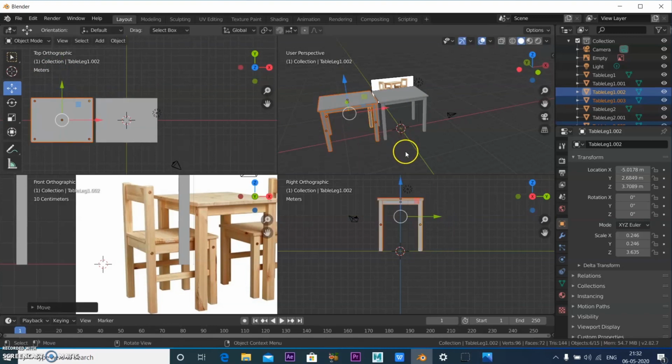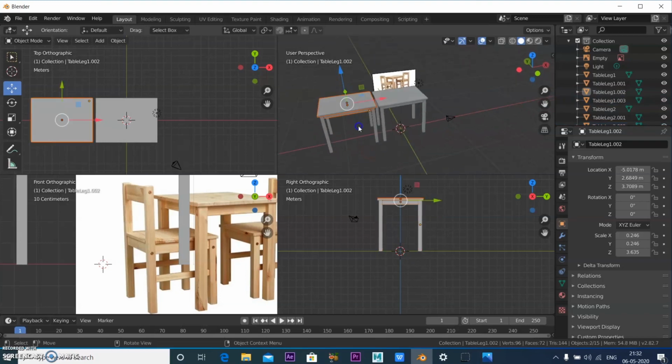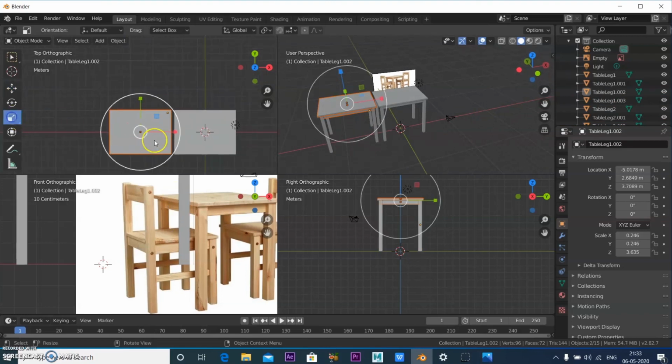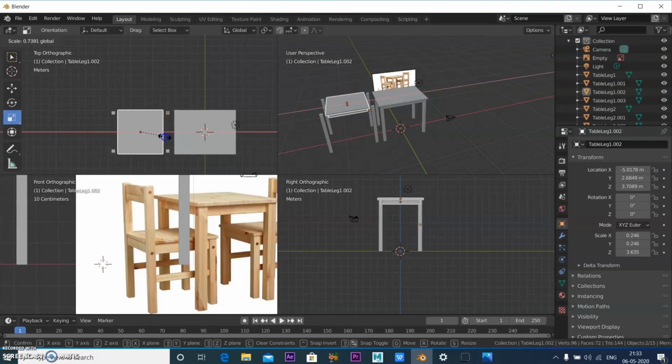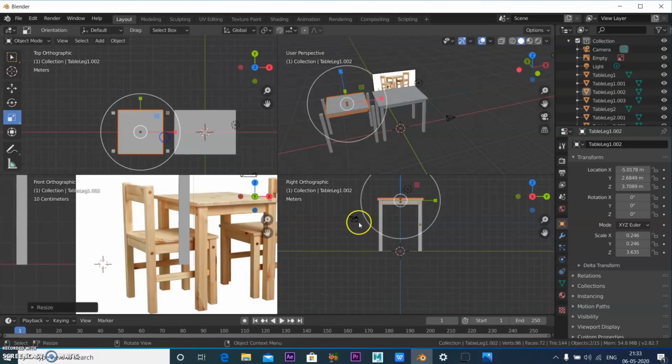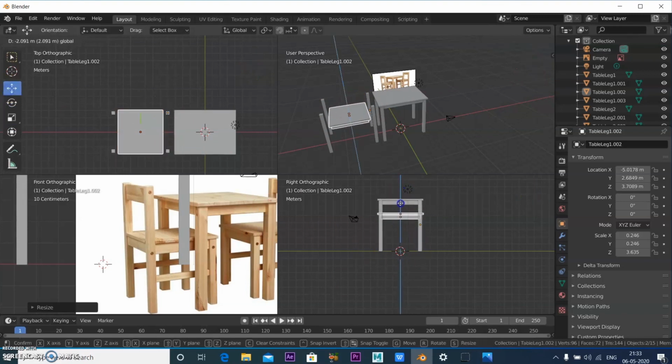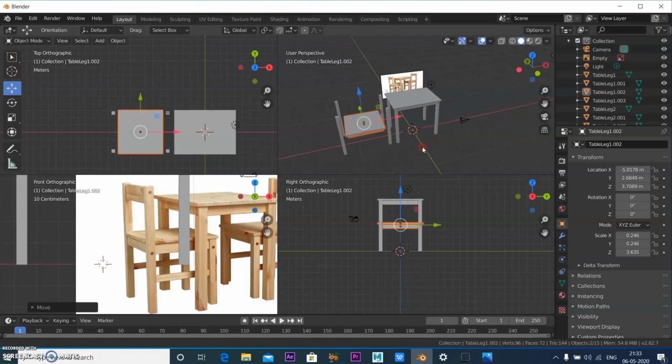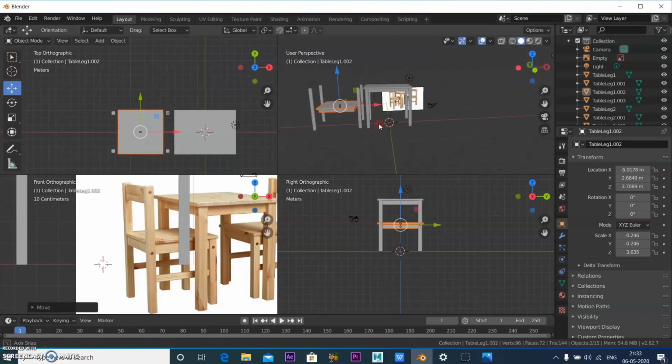Okay. So only these legs will be higher than that. So what you can do is you can always scale this. So let's scale. I want a little bit of a square shape. So make it square like this. Okay. Now just bring this down. Suppose this is the place you want the chair height to be. Okay, so it's simple. This is how I did it.